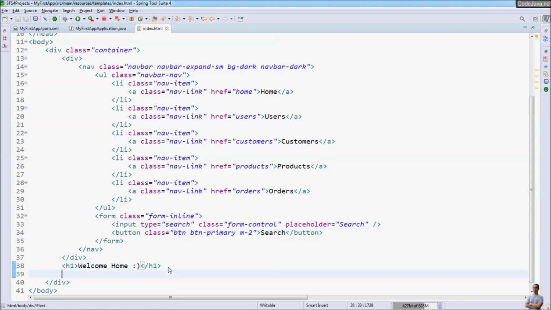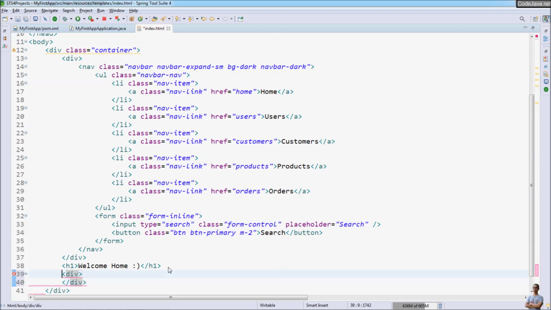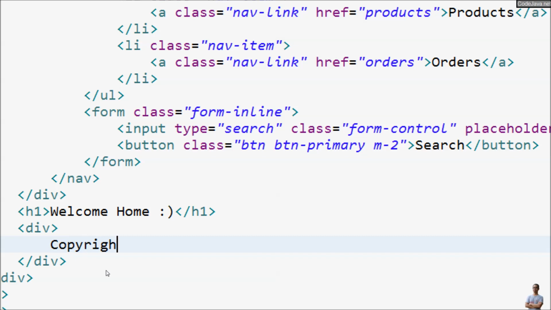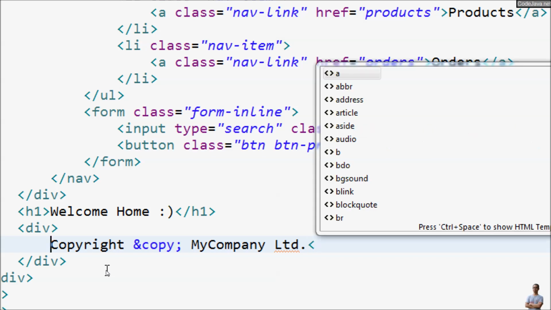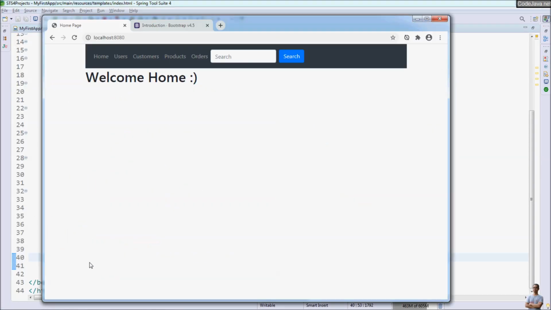And add the last section for footer here. Div, copyright, copy symbol, my company limited, using the heading tag h5. Okay, save and refresh, and you can see the footer